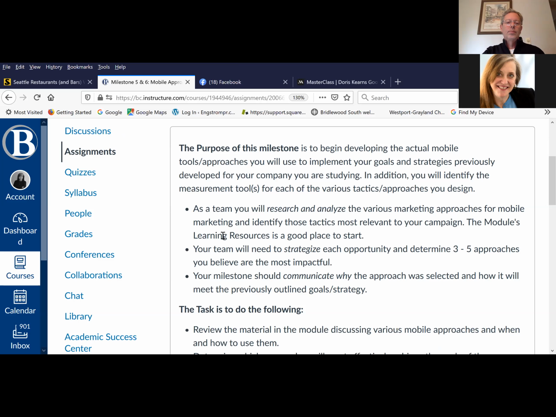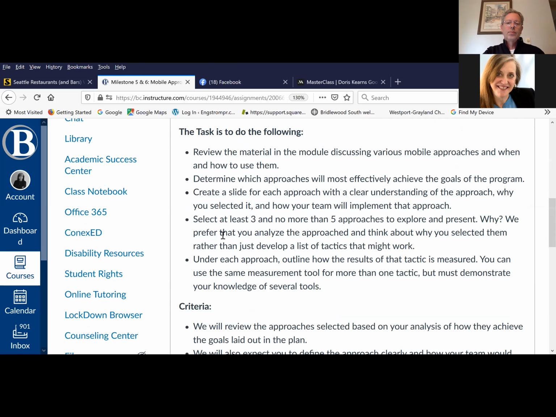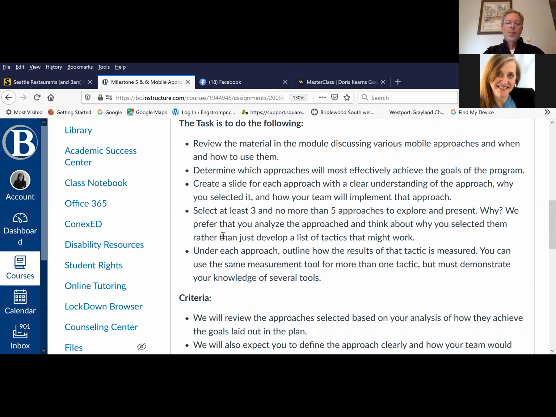Now, you've already done the research, so review all your materials in the module and think about how you would use that information. Your persona says that David, who you've created as one of your personas, is a heavy game user, and he's one of our key people. Well, where are you going to put something? Where might you attract him if he is an online mobile game user? In-game advertising, potentially on the website for the game, some digital ads.